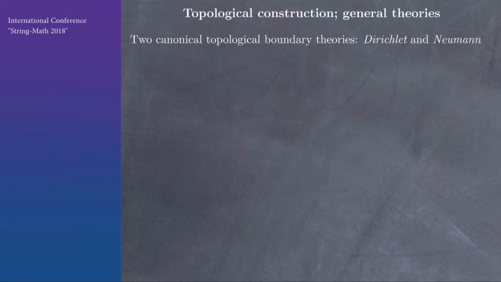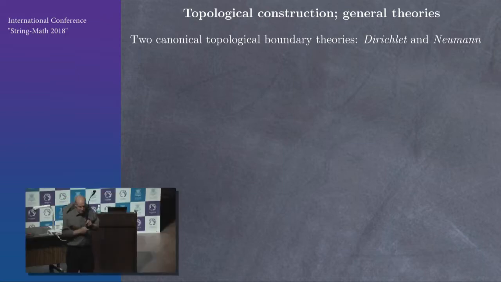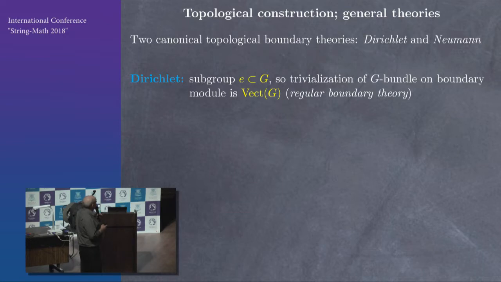Okay. So now I want to put this whole theory in the context of extended topological field theory. And actually, that lets us use the cobordism hypothesis and really prove a theorem. So in topology, there are two canonical boundary theories for this gauge theory. Whoops. So remember that in this gauge theory, the boundary theories are given by subgroups. And while there are two canonical choices for a finite group, one is the trivial group. And so in terms of the model, we get a trivialization of the bundle.